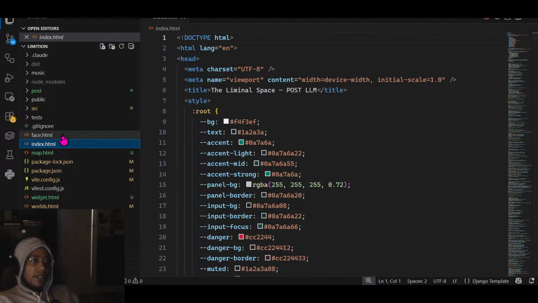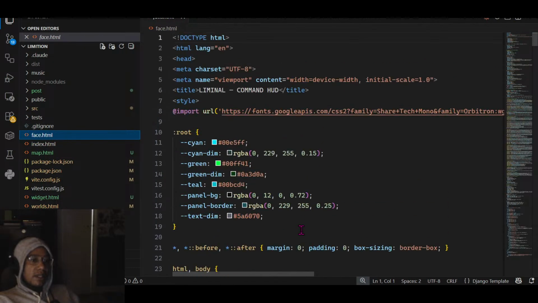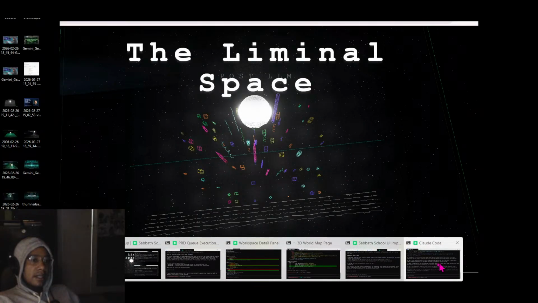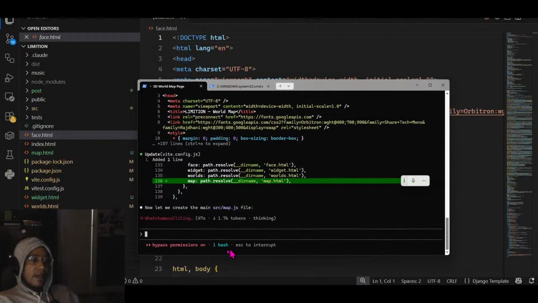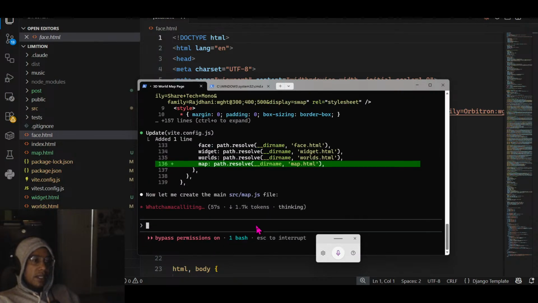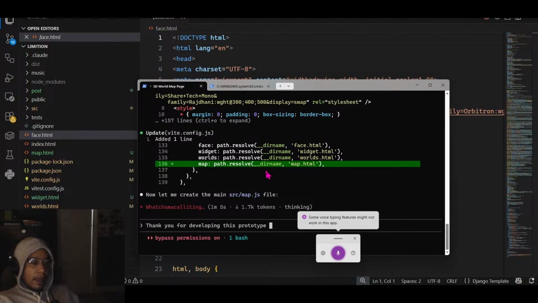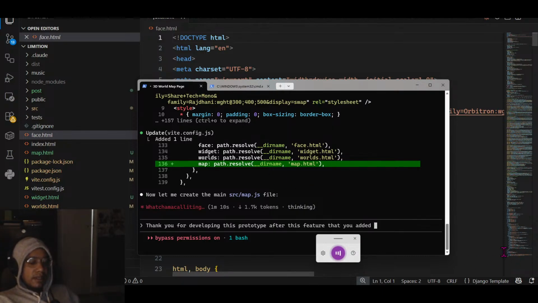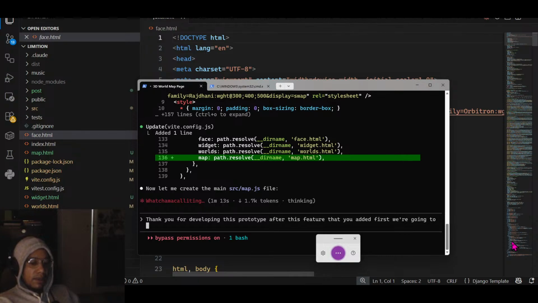So my first and foremost task is basically to ask it, after this feature, I'm actually gonna put this here. I'm going to say that, unfortunately, thank you for developing this prototype. After this feature that you added, first we're going to commit, and then after, what we're going to do is